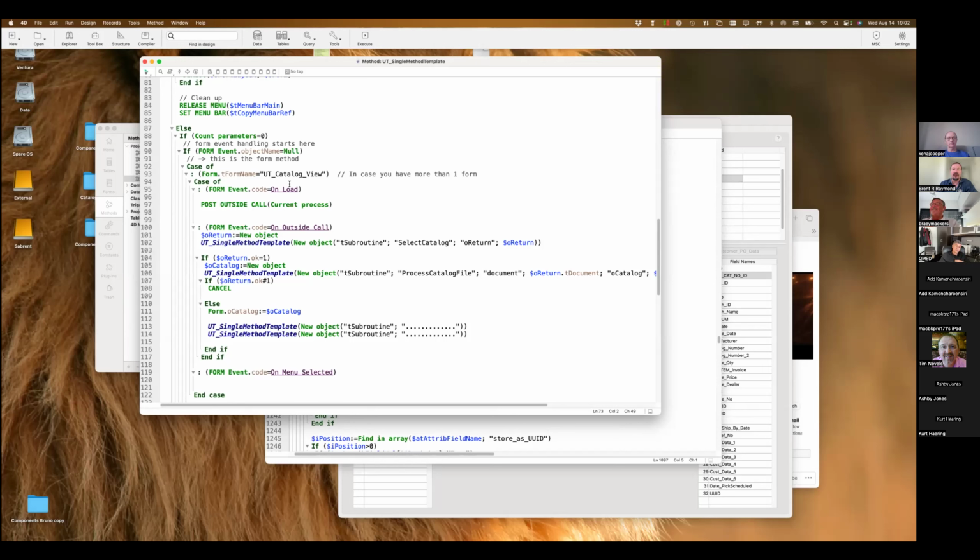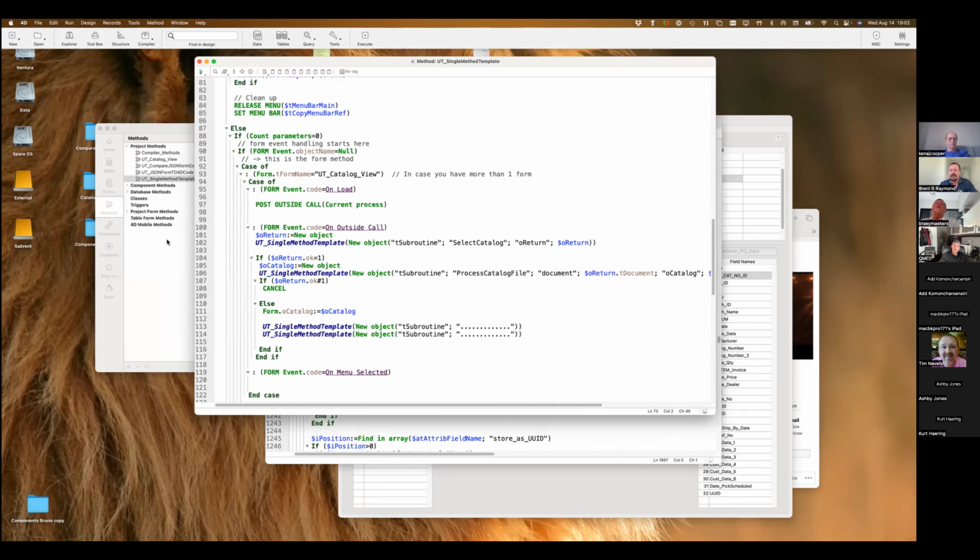The object methods are within this large case statement. Yes, that's correct. And I will show you how you can see whether the code you used to generate the form results in the same form that you edited in the form editor. I'll show you that in a second.